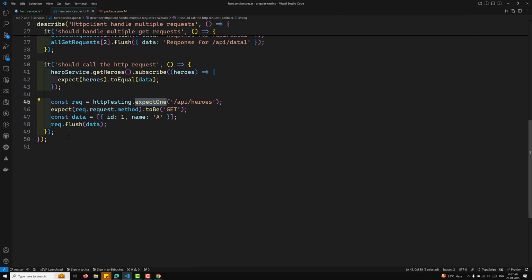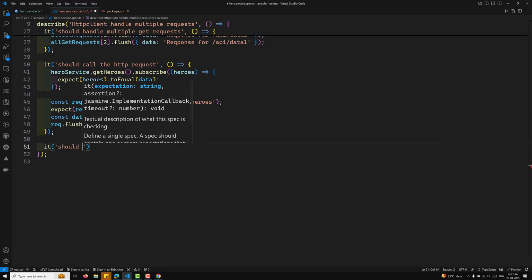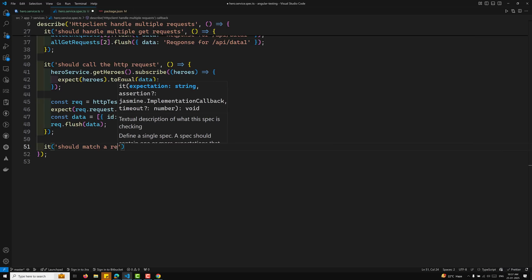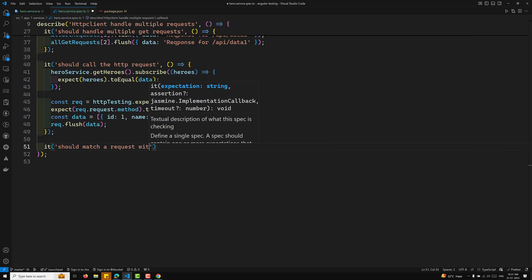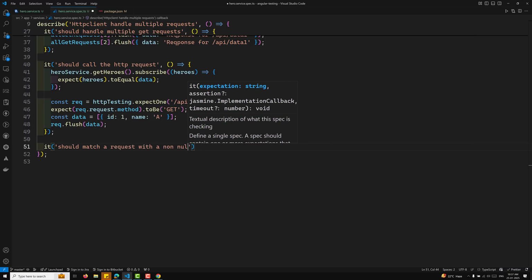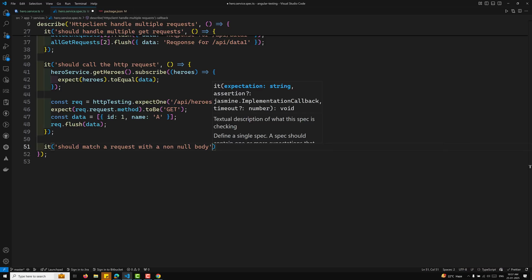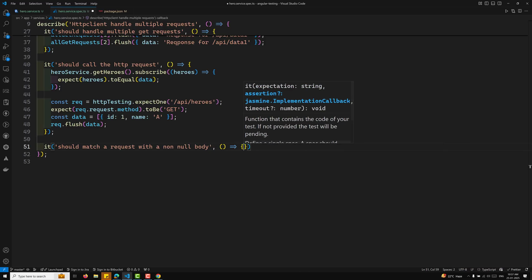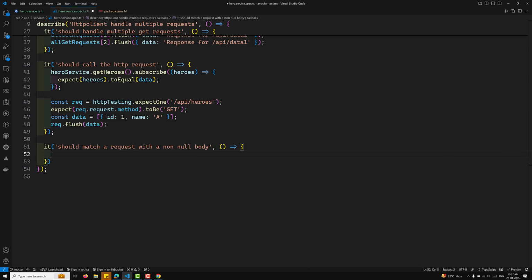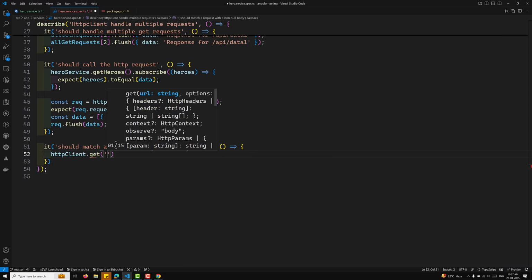So for example, let's say I will try to show you a simple example. It should match a request with a non-null body, let's assume. So it should match a request which has a body. Here I will make a call, HTTP client dot get of, any URL I will try to make it